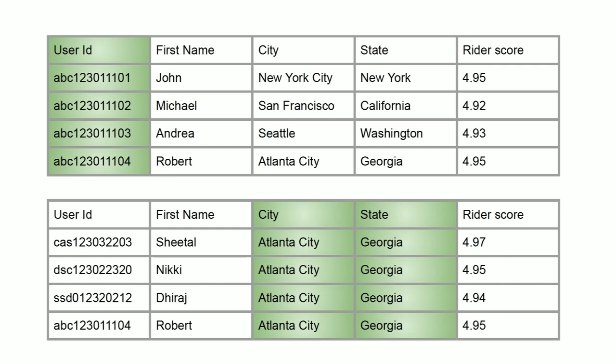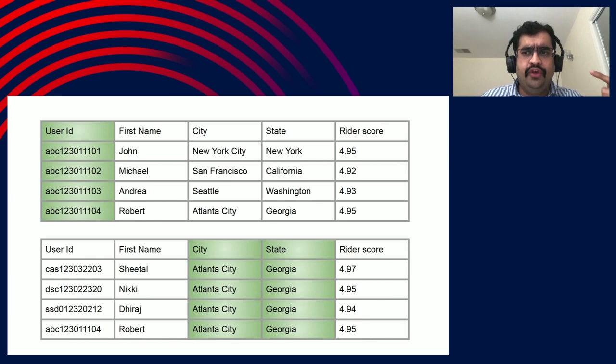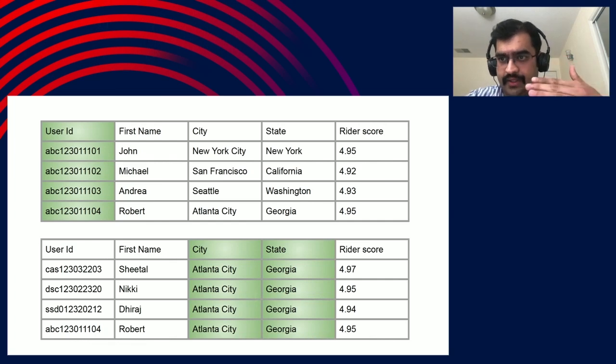All you will get is the compression from, let's say, Snappy or gzip, so 5 or 10% compression is what you will get. But if you restructure this data, as I have shown in the bottom table, and sort the rows by city or state, then all users who are part of the same city are together.